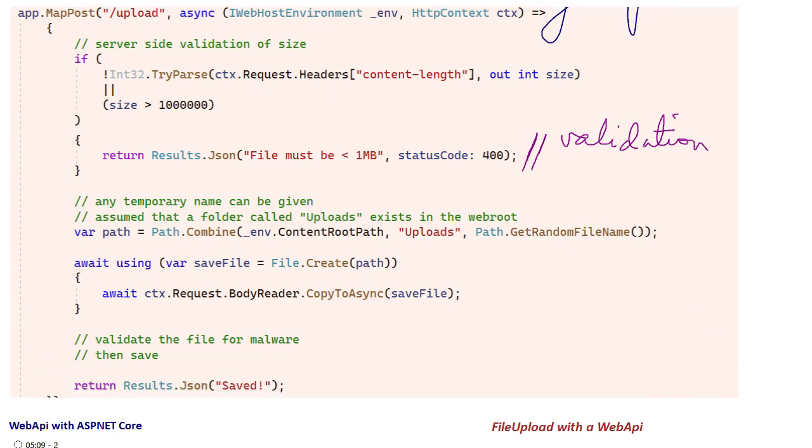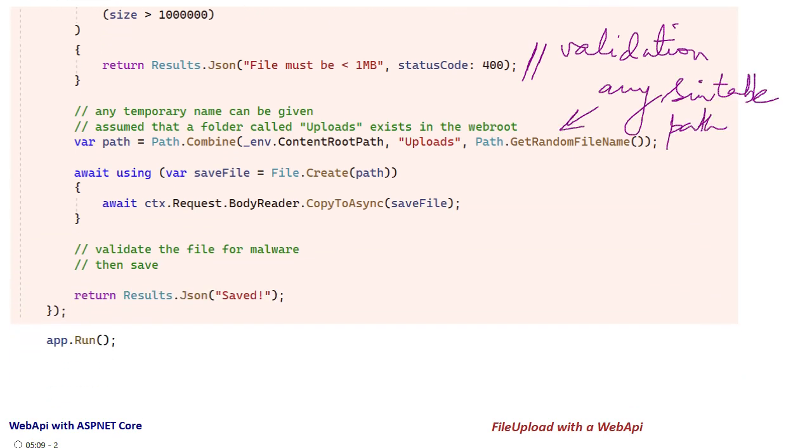Next, a path to a random file name is created. The path points to a folder called uploads in the root directory of the website. This path could have been hard-coded in a configuration file and read from there also. And anyhow, the main point is that we have a path where the uploaded file has to be stored. And after that, a file stream is opened. The body reader